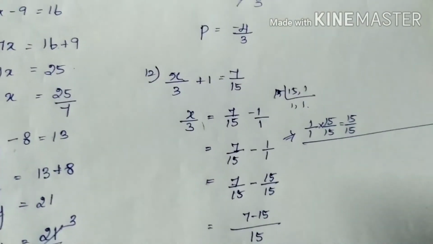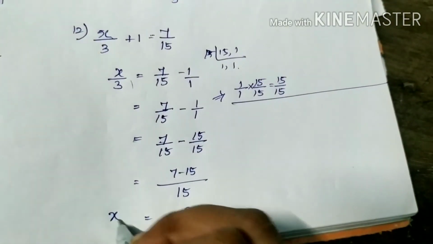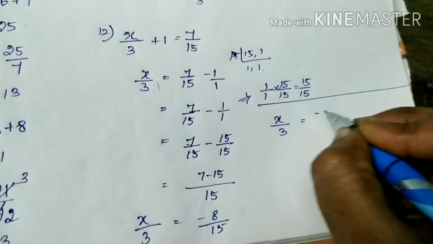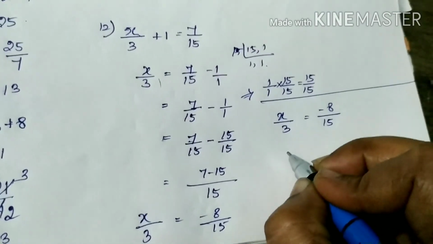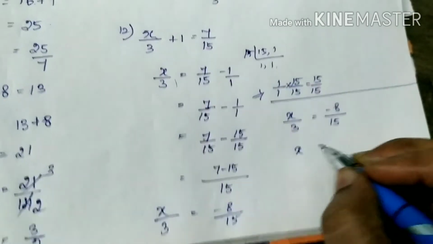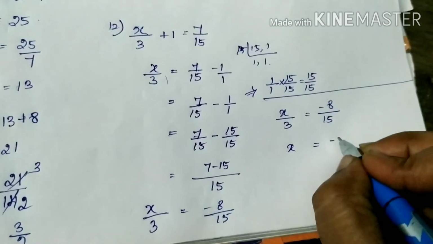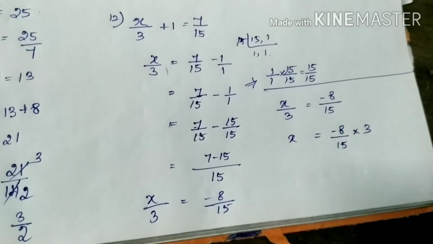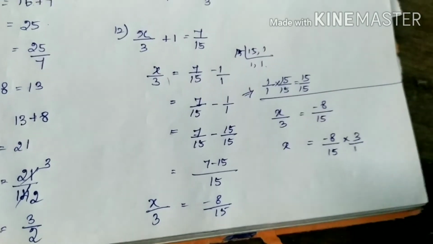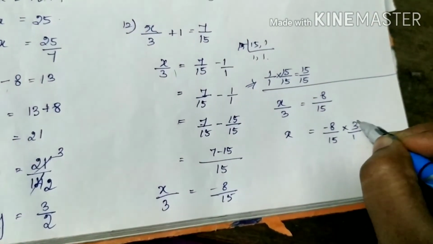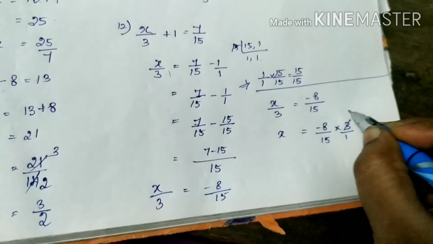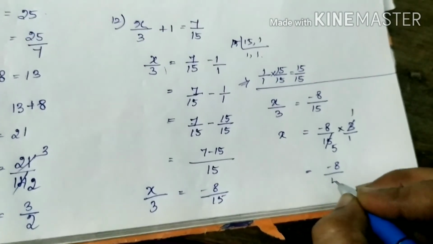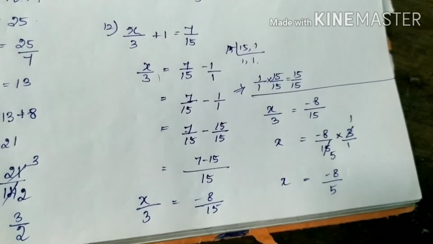So already we have this x by 3 here. So x by 3 is equal to minus 8 by 15. I need to find the x alone. So I am taking this denominator to that side, minus 8 divided by 15 multiplied by 3. Here nothing is there means denominator 1. So it is cancelable, cross cancellation. So 3 table 3 1 times and in the 3 table this is 5 times. The answer is minus 8 by 5. The value of x is minus 8 by 5.